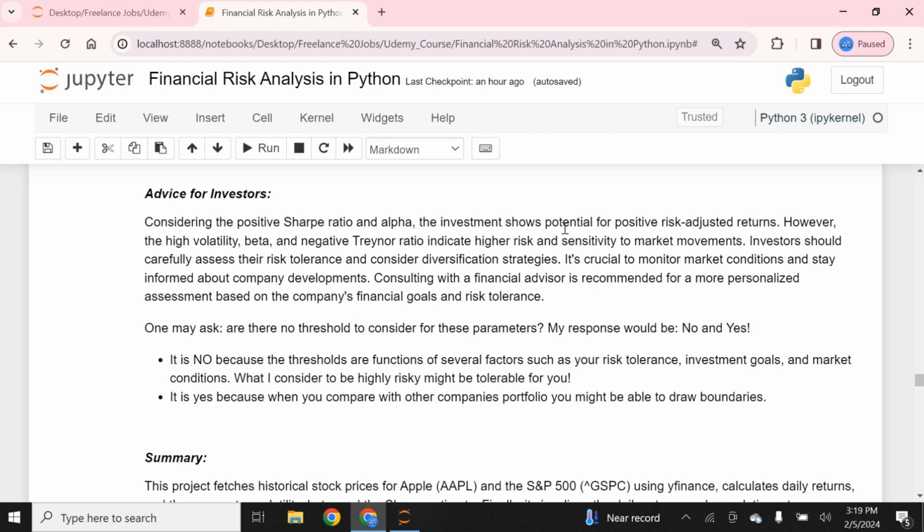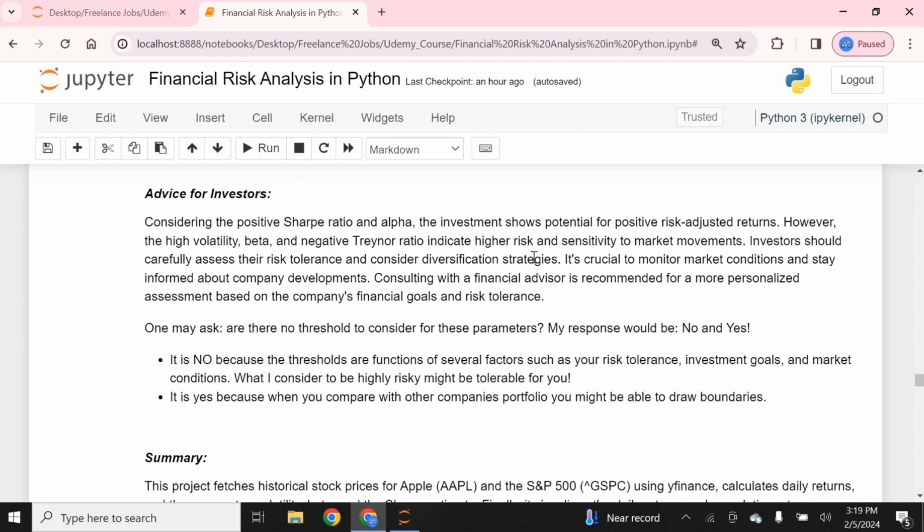So the investment shows potential for positive risk adjusted returns. However, the high volatility, beta and negative Treynor ratio indicate higher risk and sensitivity to market movement. So investors, that is the people that the manager will be talking to, should carefully assess their risk tolerance and